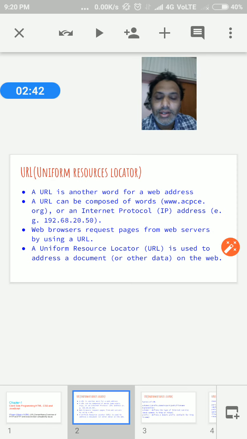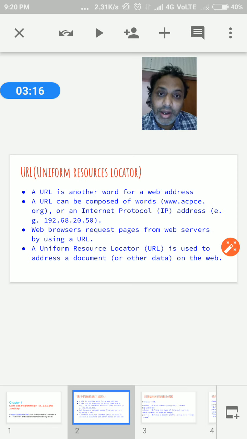Then another point is that your web browser requests pages from the web server by using a URL. It means, as already discussed about client server, from the client we have any browser, and the browser types the URL.